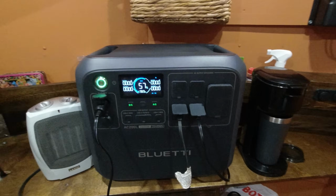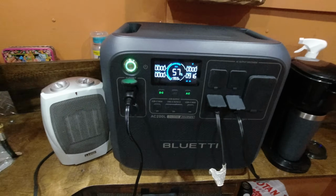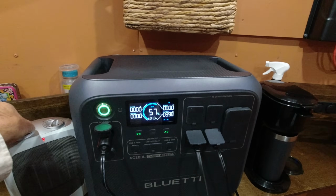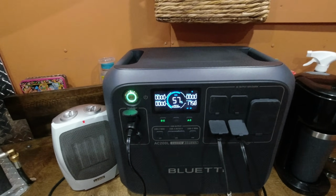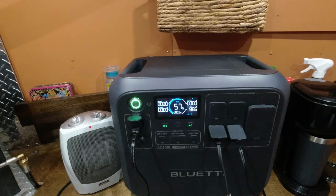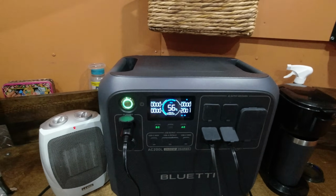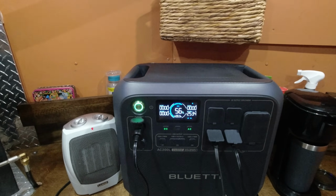And let's see how it does. There's a coffee maker coming up at 1,000 watts right now. There's the heater on low, and that's taking it up to 1865, 1933. Well, this is up. We can get 2,400 watts out of this. I wonder what happens if I put my heater up on high. There's 2332, 2425, 2491,